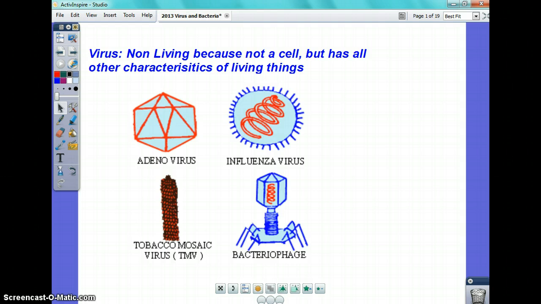Sometimes I always question if that could change. Like, can the characteristics of living things change? Because a virus definitely, in most people's opinion, is kind of a living thing. It does everything a living thing does, except it doesn't have one of its structures.